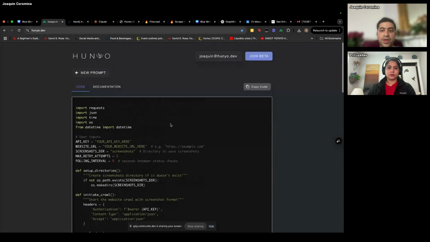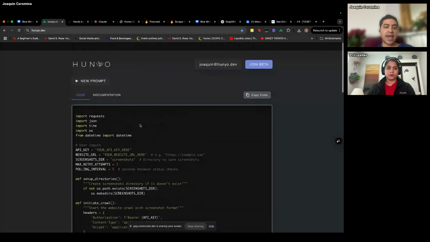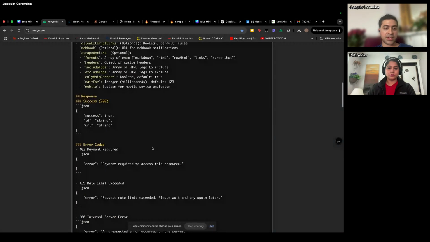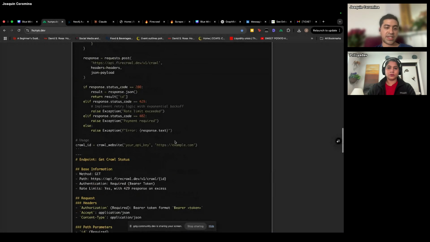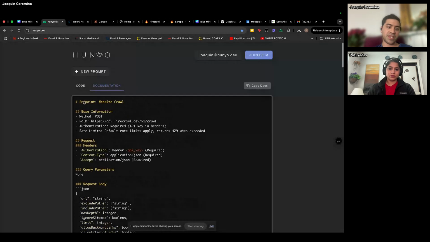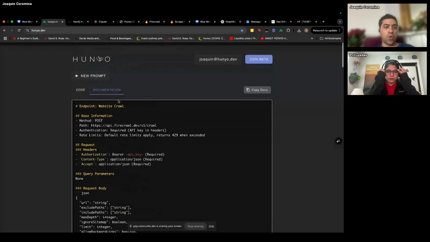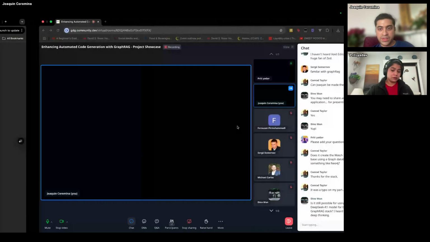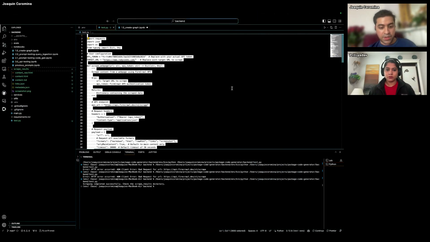Okay, so it came out with an output. What it output was essentially the code that I requested it to generate and the documentation that it references in order to write that code. I had it structure the code in Markdown in a way that's easy to understand, and if you look at it, it kind of looks like API documentation. So that was kind of cool. What we're going to do now is copy this code and try running it on my computer.